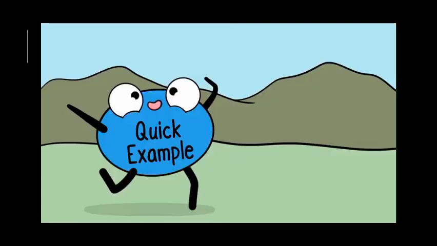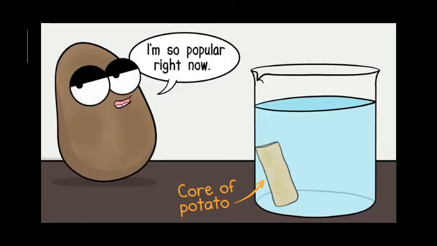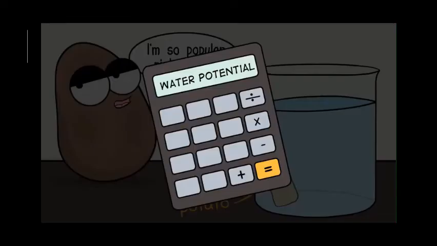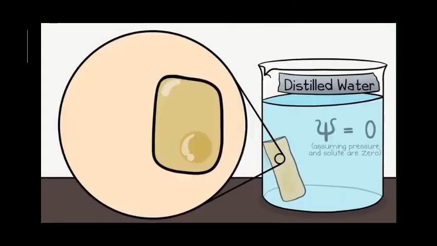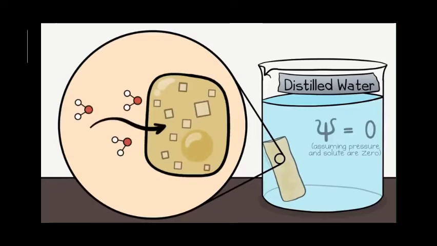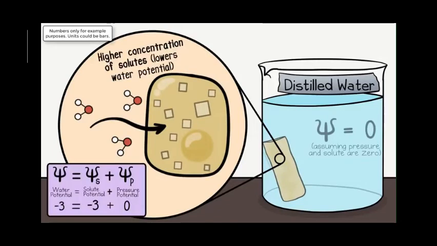So let's give a quick example. In the popular water potential and potato cores lab, all kinds of neat variations of this lab procedure exist online, you can calculate the water potential in potato cores using the water potential formula. When a potato core is first put into distilled water, that's pure water, the potato core cells start to gain water. You'd expect that the water is moving towards the higher solute concentration.